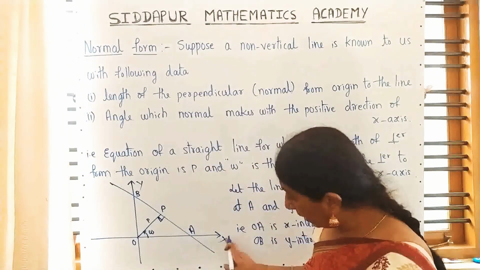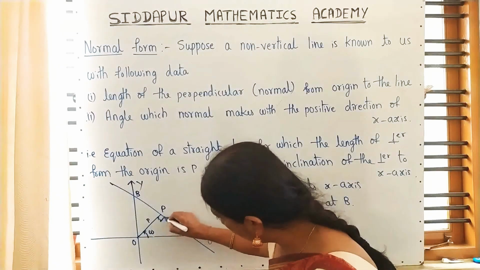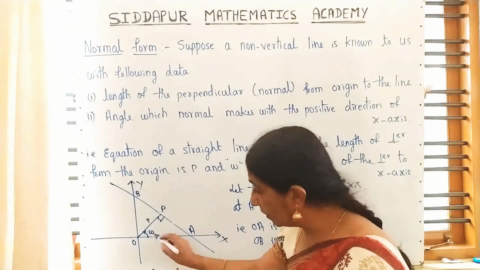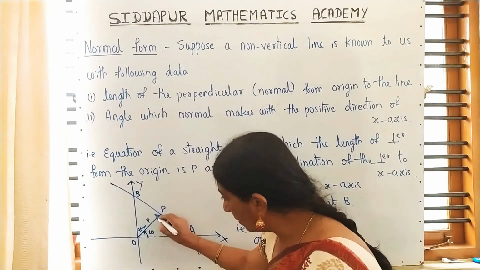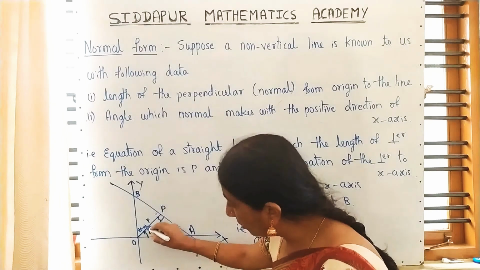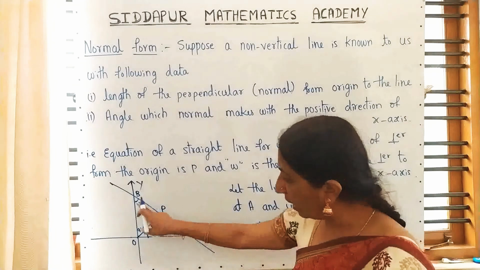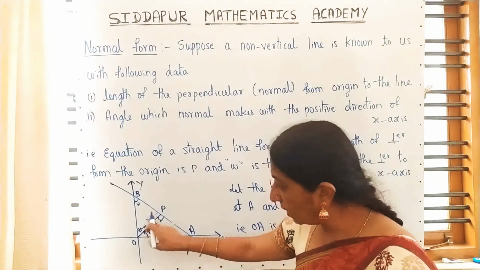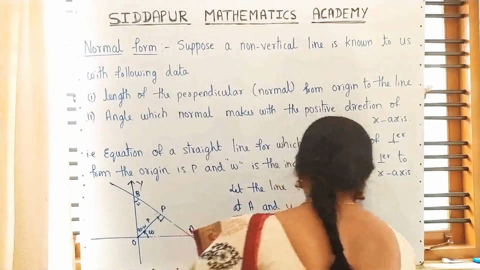See, the angle XOP is omega, and this is perpendicular. This is 90 degrees. See, this y-axis and x-axis is also 90 degrees. If this is omega, then this is 90 minus omega, and this is perpendicular, that means 90. Then what about this angle? This angle is omega, because when you add all the three, your answer will be 180. 90 minus omega plus 90 plus omega. See, is it 180 or what? Now write down what is given.